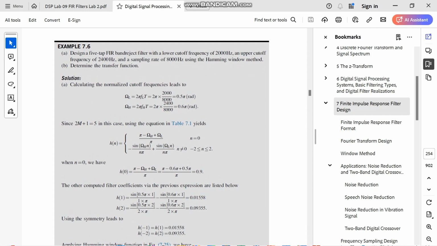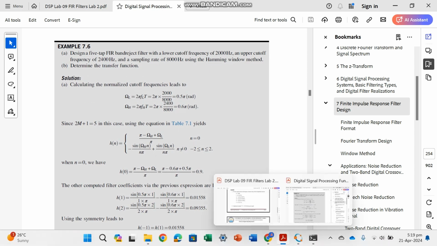Here we have to design a 5-tap FIR band reject filter with a lower cutoff frequency of 2000 Hz and an upper cutoff frequency of 2400 Hz and a sampling rate of 8000 Hz using the Hamming window method. And we have to determine the transfer function. To see the code, we have